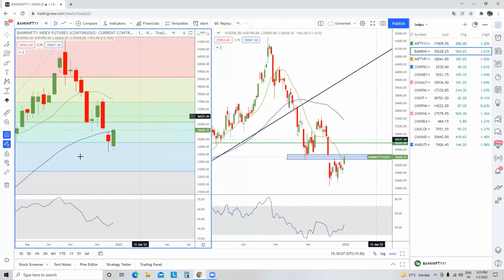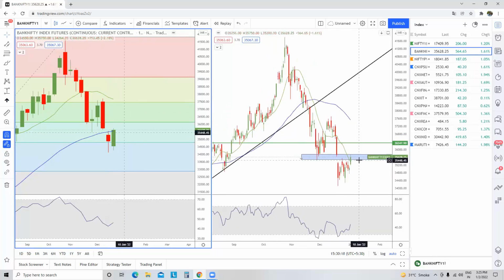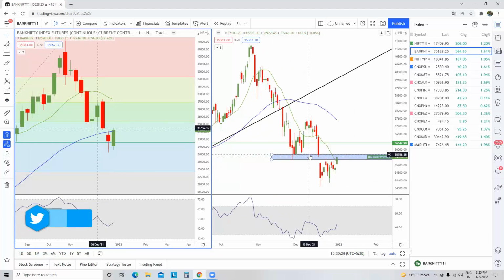Now, is the trend up in the weekly chart? The answer is no. The trend was almost down in the last week. Now it has started turning to flat. And if you look at the daily time frame chart, we can see more or less the trend is still flat, and in fact the prices have closed just below the resistance band. You can see